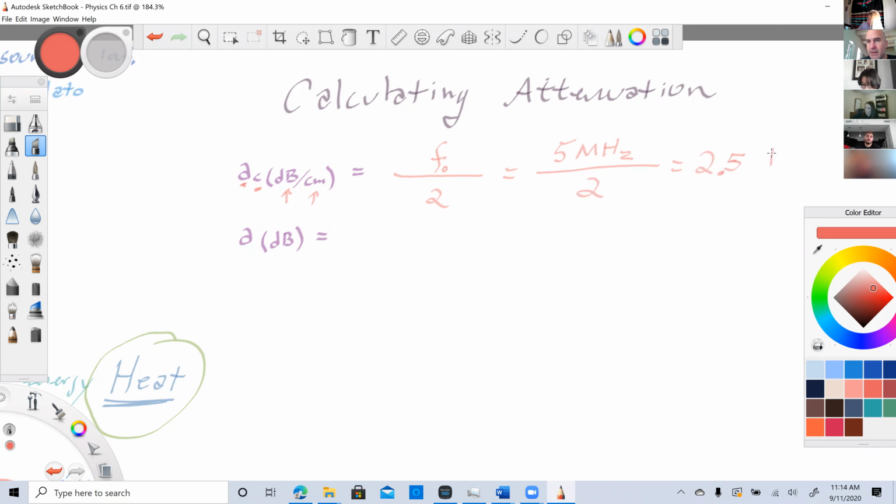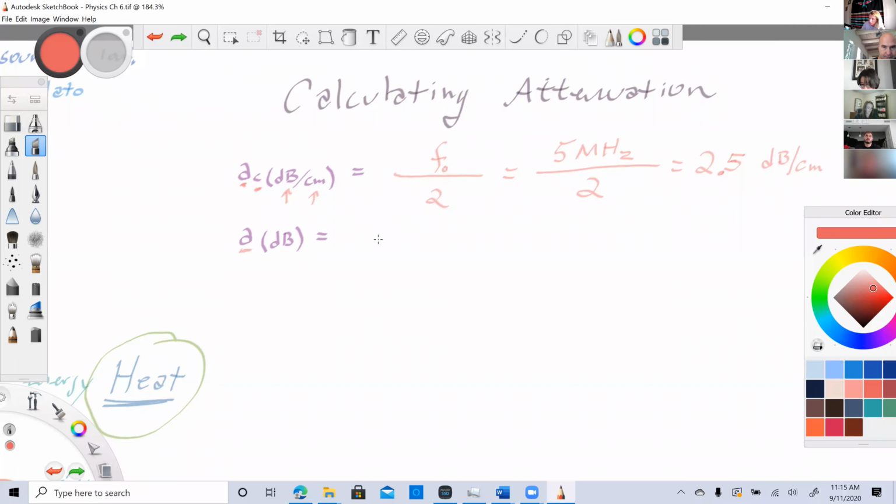And it's decibels per centimeter. Okay. So attenuation is this one. See, there's no a c, it's just simply attenuation, and it's in decibels. It's not per centimeter here. It's attenuation overall. So that one, let's say it's attenuation for this example, 5 megahertz, we know is,